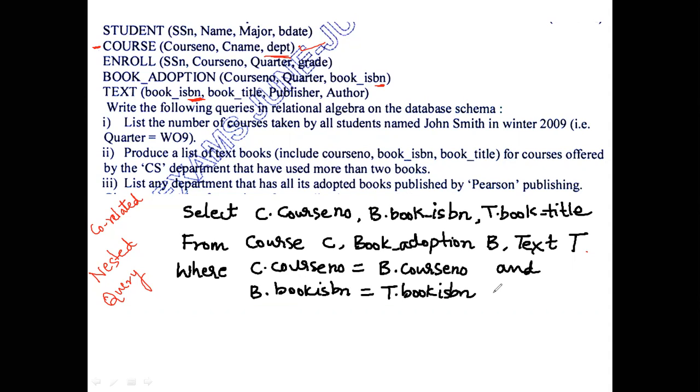So course and book adoption on course number, book and text on this. So now only these three tables are joined. So this is the outer for loop. Now what we have to do is write the inner query. For that, we'll put AND, that is one more condition we have to put,